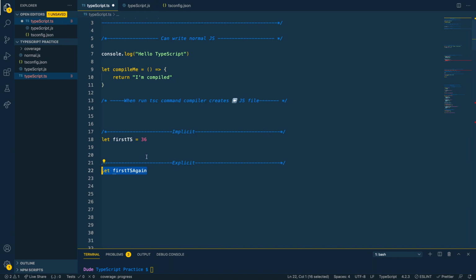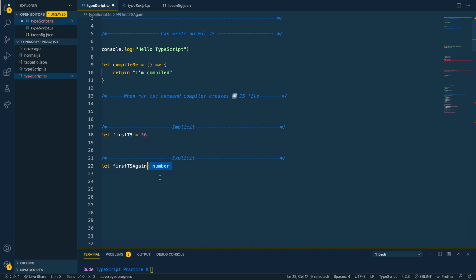All right, and so that's a way to be implicit, where TypeScript is going to just see what you're assigning it to, and if we made that a string, it would implicitly assign it a type string. But now we're going to be more explicit and say, okay, let's do let first TypeScript again,